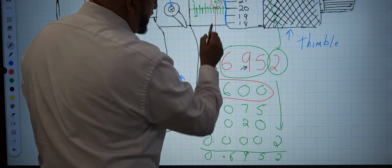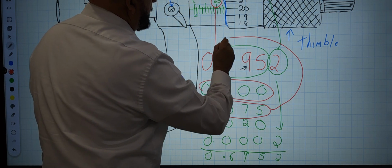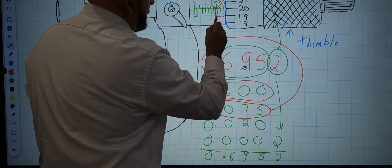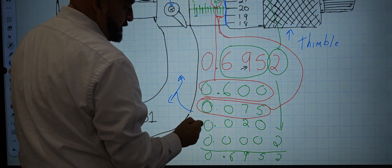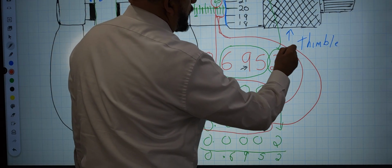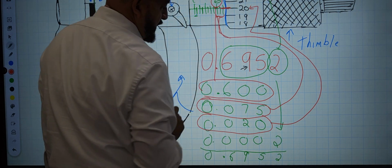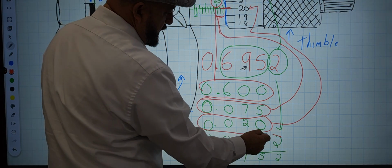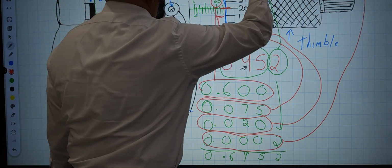The 75,000 comes from these little lines, these 3 lines. 1, 2, 3, right here. From there. The 20,000 comes from the thimble scale. Right here. That's aligning right here at the 0 area. Yeah, the index. And the 2 10,000s, last number right here, comes from, I'll go all the way here, from